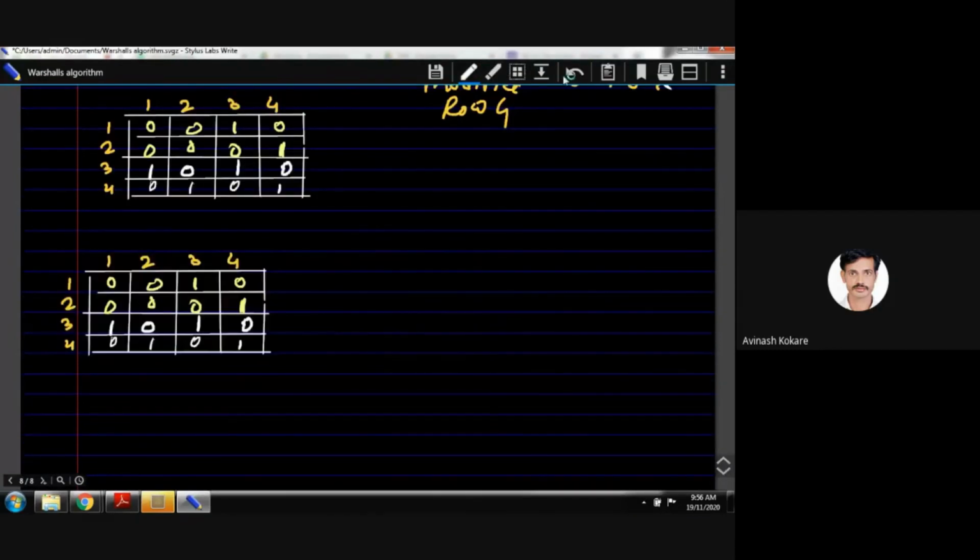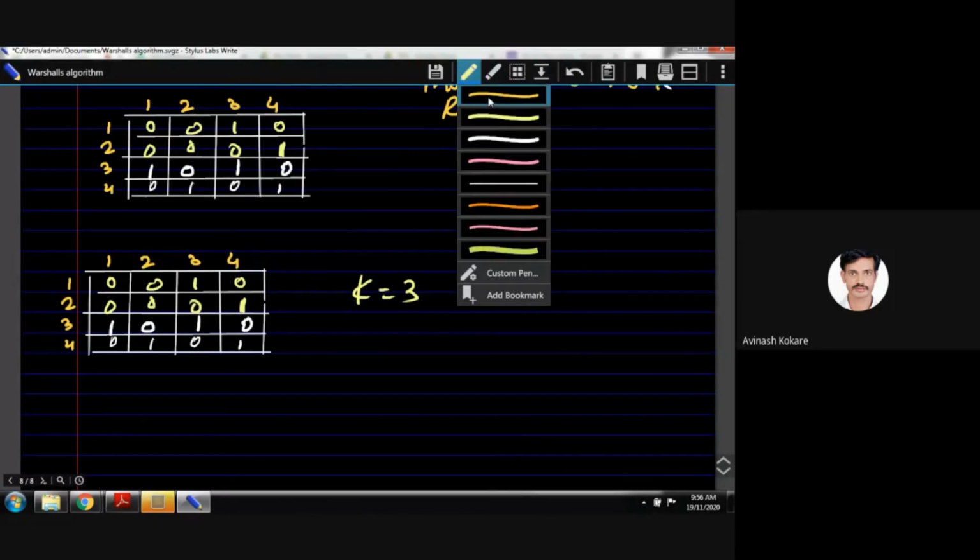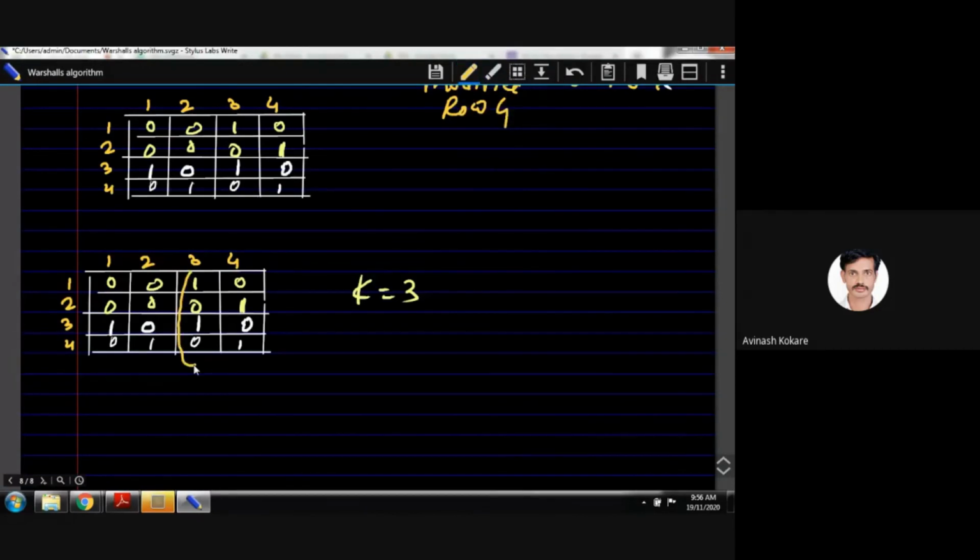Okay, so let us write k equals to 3 now. K equals to 3. So which column will you mark? You will mark column number 3 and check which rows are containing 1. So row 1 or row 3. Am I right? Because row 1 is containing 1 in the third column, and row 3 is also containing it, but it will not make any change because row 3 OR row 3 will give the same value. So you have to modify only row 1 here.